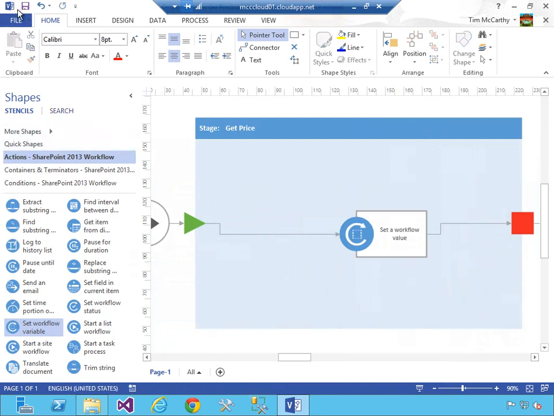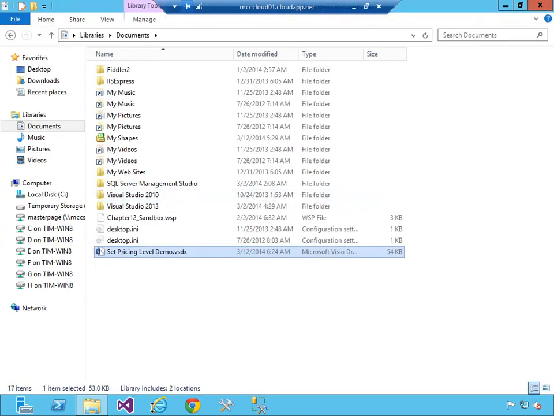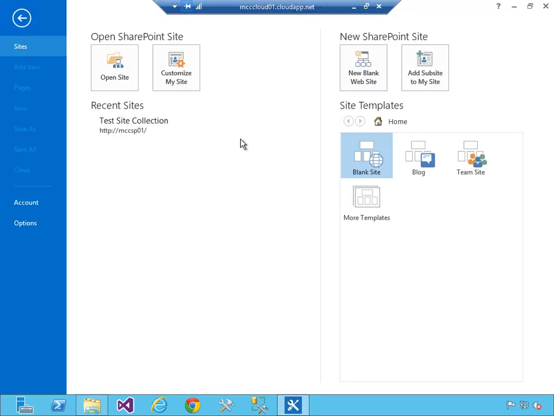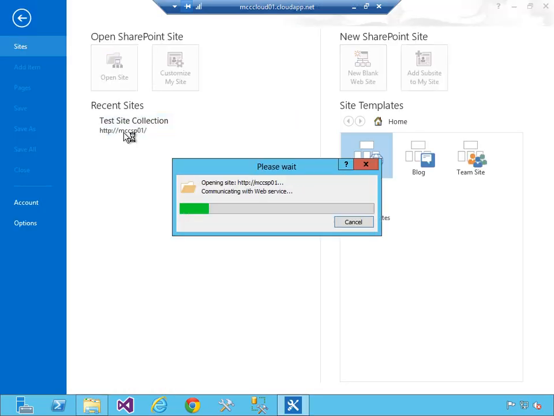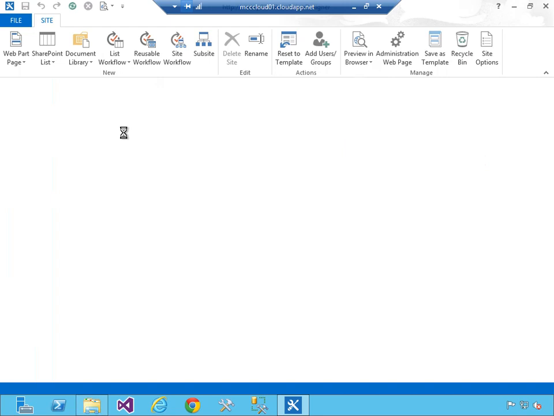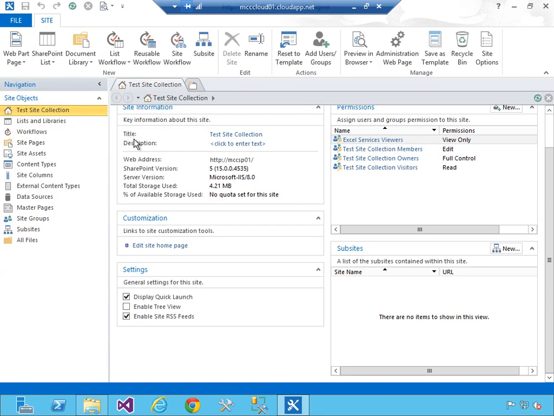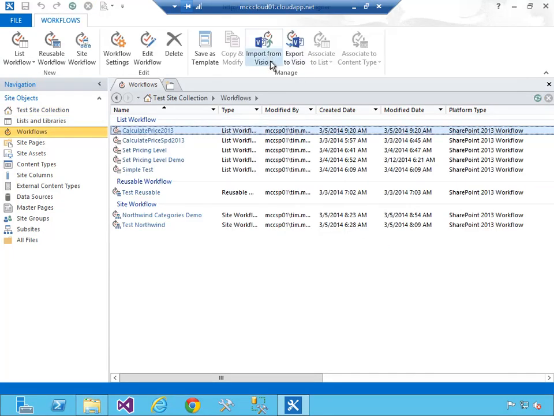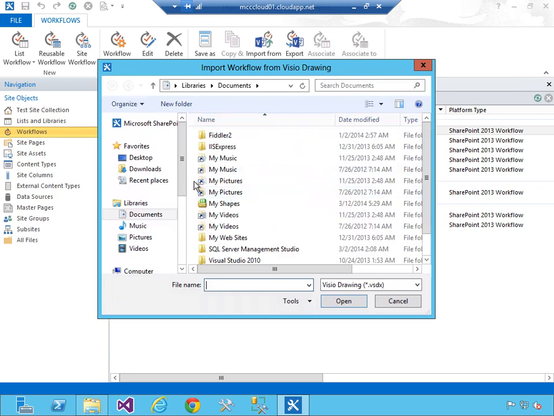So I'm going to go ahead and just save this. And if I wanted to, I could actually go back into SharePoint Designer and I could import that. You can import a VSDX file, and then from there you could add all the necessary functionality to it to make it a real workflow from a drawing. So I could go into workflows and I could import from Visio. So I could import a Visio 2013 diagram,